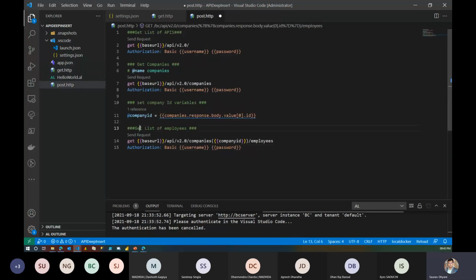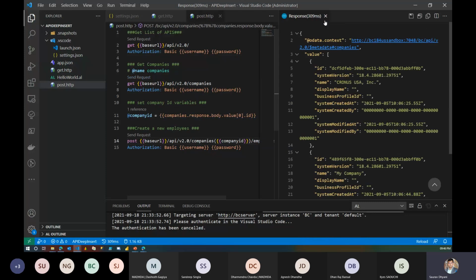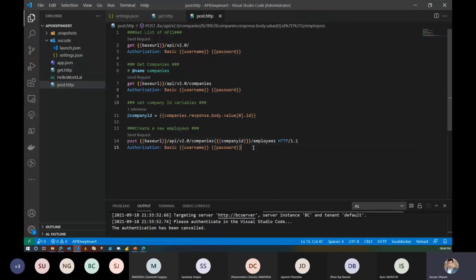So now I need to create a new employee. I'll change this GET to POST. The URL, as you can see, remains the same. There are no changes to the URL that we are trying to write to. And at the end, we need to add this HTTP thing. I'll have to read more about why we need this, but it seems to be so that it assigns the company ID. Okay. And then other than that, we need to add the content type as